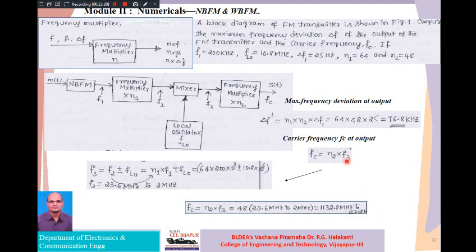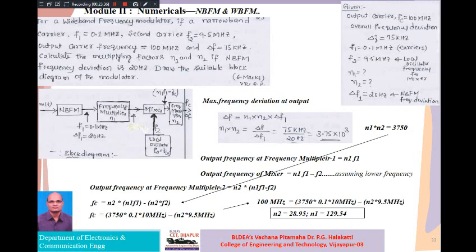But the thing is how you have to understand this, how we are going to get the WBFM using the NBFM as input, and we are solving the problems based on the NBFM or WBFM. So another one, a little bit advanced version, guys, for a wideband frequency modulator. Okay, if a narrow band carrier is F1, that is 0.1 megahertz, you can write the given thing, F1 0.1 megahertz. Second one is F2, that is 9.5 megahertz. First one is given, second one is going to be the local oscillator frequency.